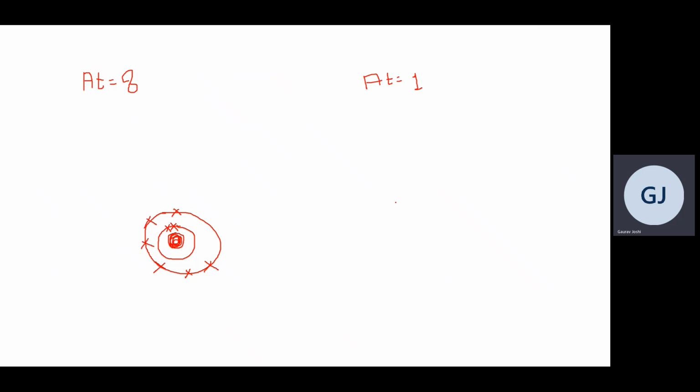Now we have hydrogen. Hydrogen is again a very simple atom. We have to draw a nucleus and a shell, and it will have only one electron. In order to complete its octet, oxygen requires 2 electrons, and hydrogen requires 1 electron. But hydrogen cannot give away its electron in this case, because if hydrogen gives away its electron, it will lose its identity. That is the important thing.